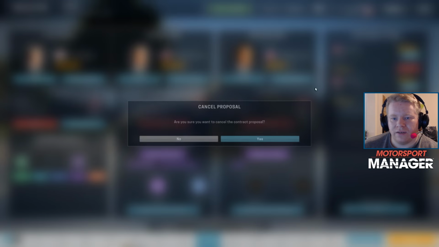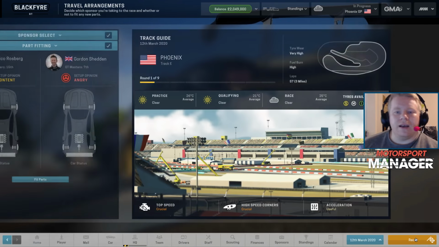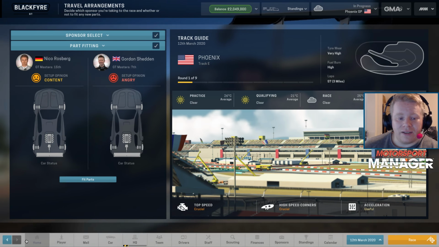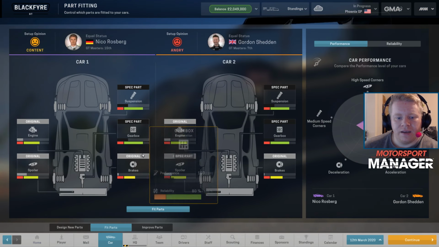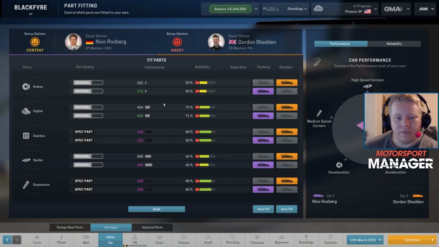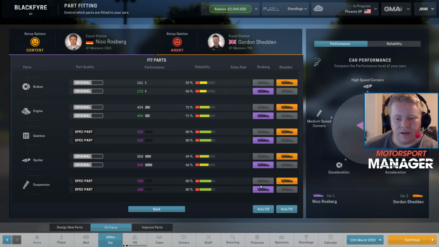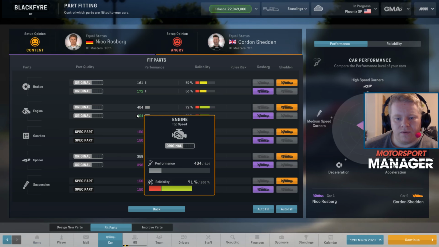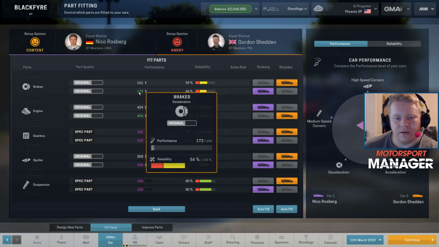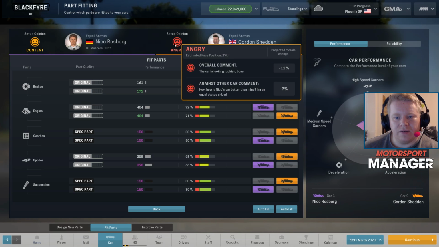So who's that retract? Right, we'll wait a little bit longer for him now. Oh yeah, we're not going into this race yet. So car-wise, we're going to have to fit these parts now. So it needs this to be reasonably equal. Doesn't matter. That doesn't matter. 420, 440. So I want that way around. 183. That's the right way around. 374, 407. It'll keep Shedden unhappy, but